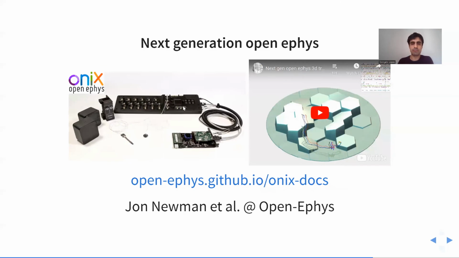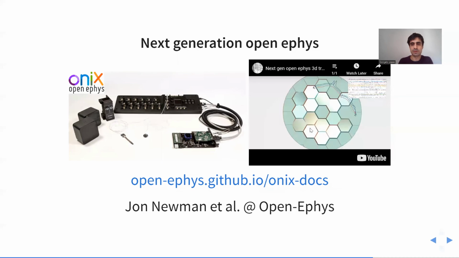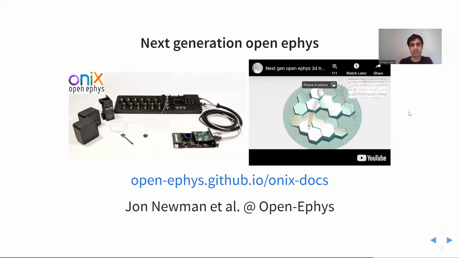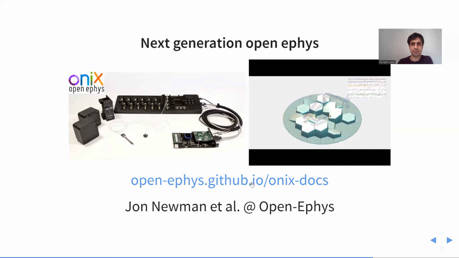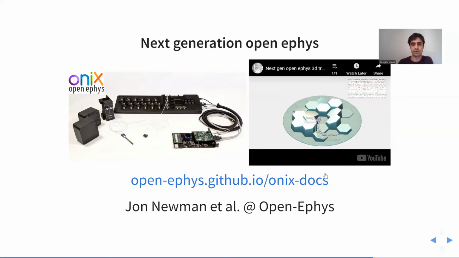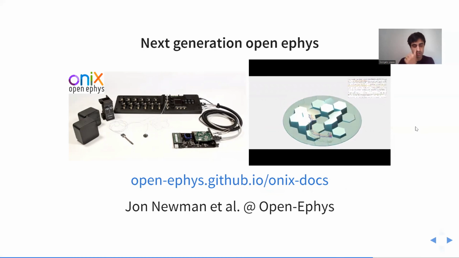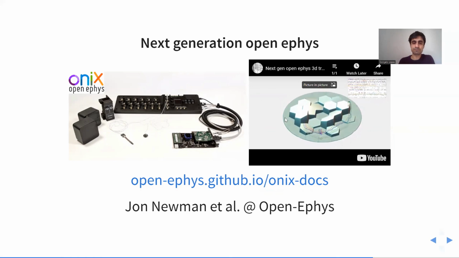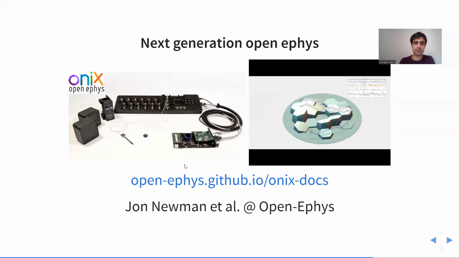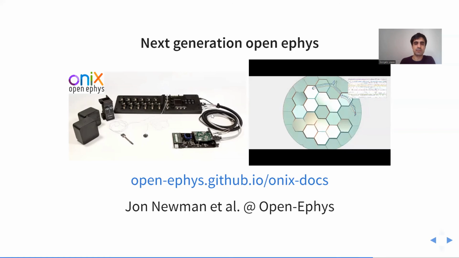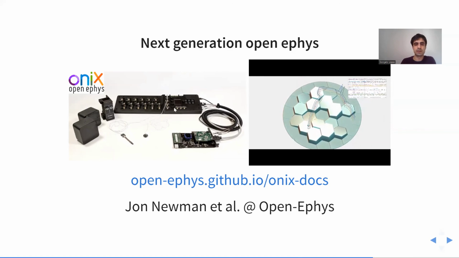HARP is also part of the Onyx next generation open ephys system. So this is a board that also uses Bonsai as its main acquisition system, and it has really nice features. You can look at these links, by the way. The presentation is online, so if you go through it, you'll be able to navigate these links and learn a lot about these projects. But just quickly, apart from integrating next generation Neuropixels probes and tetrode headstages and UCLA miniscopes in one single ephys acquisition board,